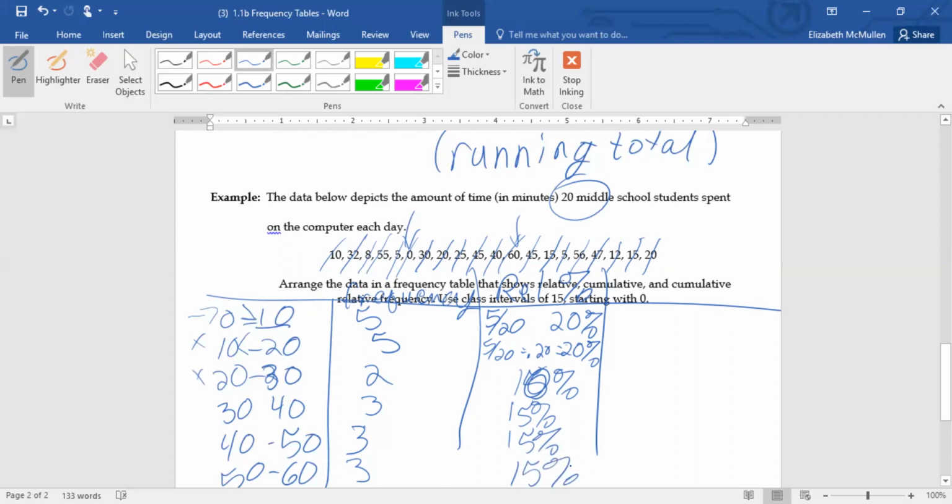Okay, the cumulative frequency. This is the running total that we told you about. So right here on our first category, we've only done 20% of the data. By the time we get to the second one here, we've done 40% of the data. When we get here, I've done 50% of the data. All right, 50 plus 15 gives me 65% of the data. 65 plus 15 is going to give me